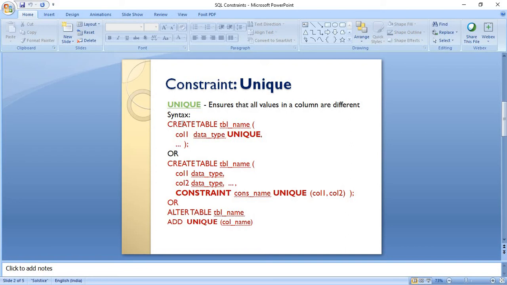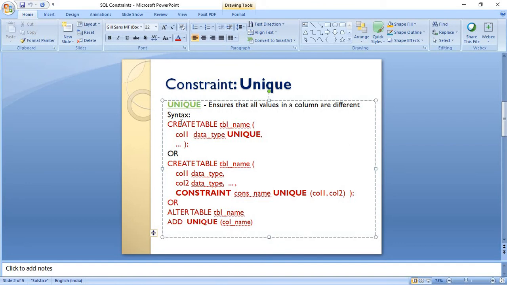There are two ways to create the unique constraint in the table. The first way is to create it at the time of creating a table. As you can see, create table name and column 1 followed by data type, and we just need to specify the unique constraint. This implies that all values present in this column should be unique.